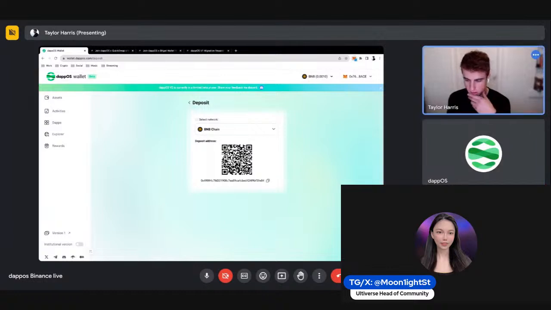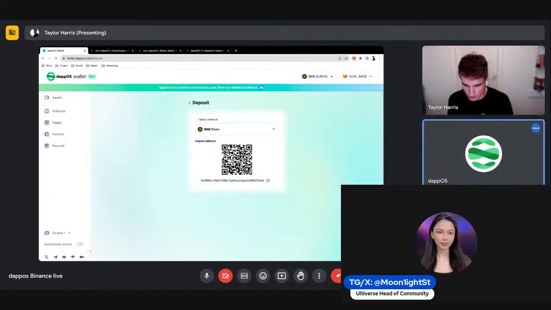I'm not sure if it's me, but I cannot see your MetaMask pop up. For some reason, when I was trying to do the specific transaction with USDC, it's not giving me the USDC option. I don't know if it is just my MetaMask or what. When I hit send, let's see.